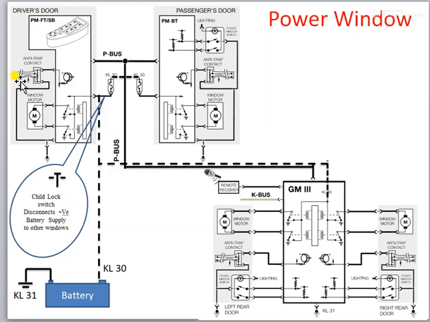Until an object gets trapped, the anti-trap contact or anti-trap sensor does not come into the picture. This is present in every door, at this door also, here also, here also, and here also. The same thing happens at every console. So this is the circuit which we are using in the case of the power window.